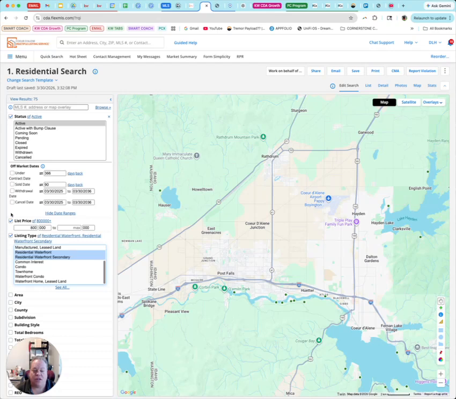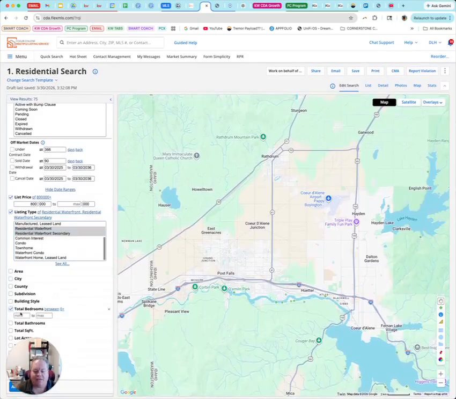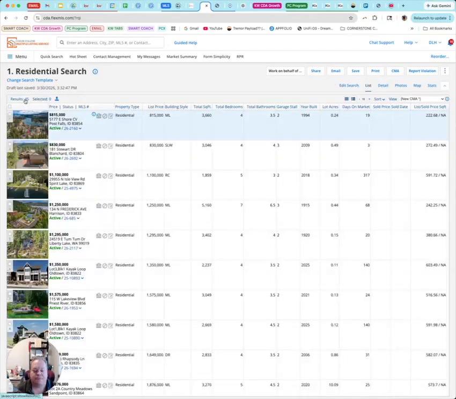But if I wanted to narrow that down a little more, because now let's say that my people really have to have a minimum of 4 bedrooms, now I can switch this to 4 bedrooms. Now I'm down to 49 properties. Let's say that they really have to have a minimum of 3 bathrooms. Now I'm down to 45 properties. I click view results. Here are my results, and this is in the landscape list format